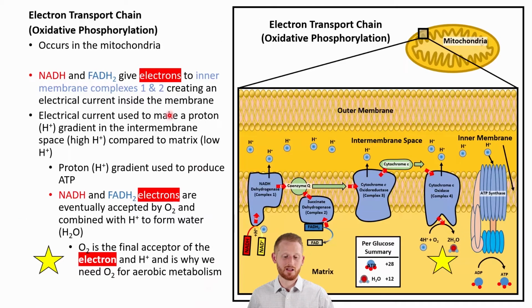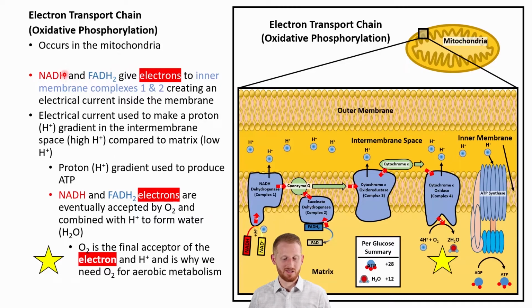So now let's look at the electron transport chain. Another name for this is oxidative phosphorylation. They're the same thing. So again, if you see that in a textbook, other videos, online, or other classes, we're talking about the same thing. This also occurs in the mitochondria, and it is an oxidative process, so it's aerobic. Remember, all processes that happen in the mitochondria are aerobic processes. All right, so